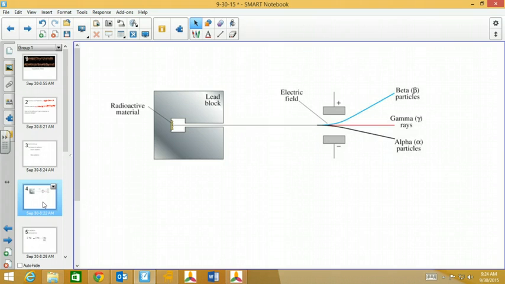And how do they know about this? Well, if you look on the bottom of page 123, you see a diagram similar to this one. What they did is they took a radioactive source material and put it inside this lead block. Can anybody tell me why? What's the point of putting in the lead block? Lead blocks radiation, so they can have it all go at one point. Cool. It's because radiation just goes everywhere, right? But in order to focus it and send it all in one direction, you cover it in this lead piece